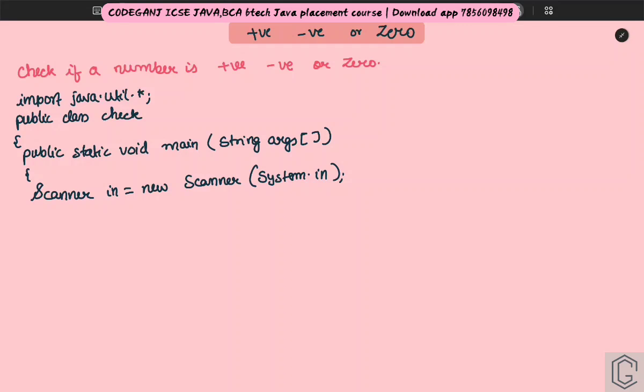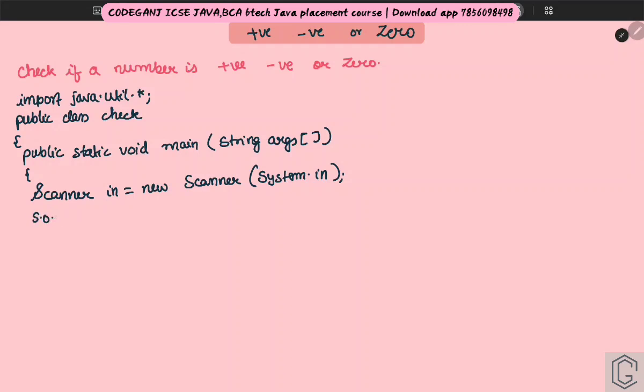So for this, we are taking input via the Scanner class. We have also learned how to take input via the Scanner class, so this is the standard thing that you will write. This time we are not taking input from this place, so you will not put anything here. You have to check a number. If it was a function argument, then you could have taken a number here only. But now it is a Scanner class, so you will have to declare this Scanner class, and now you will